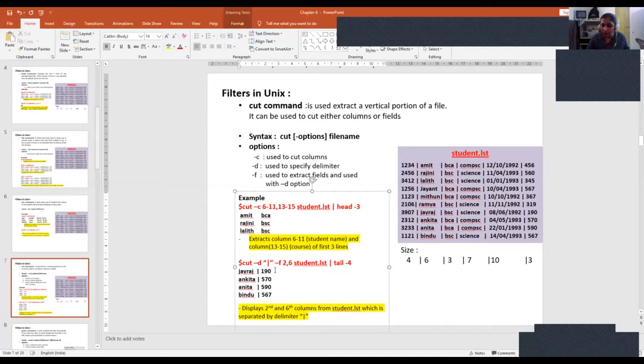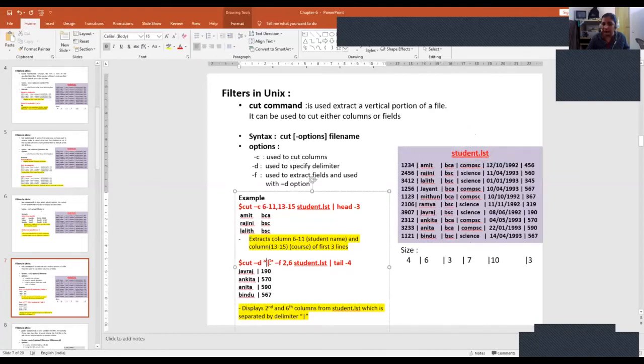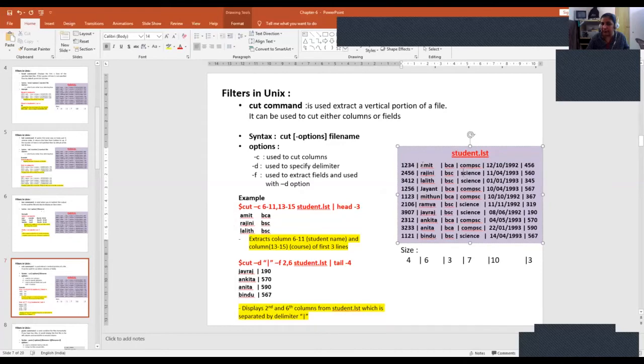Suppose I want to use cut -d. See, as I told you, -d. This is a pipe, a vertical bar. So this is a delimiter. When I created the database, I used these vertical bars to separate one data from another. So that is called a delimiter. Now I'm telling, if you come across the vertical bar, then you have to treat it as one field and the next one as a second field.